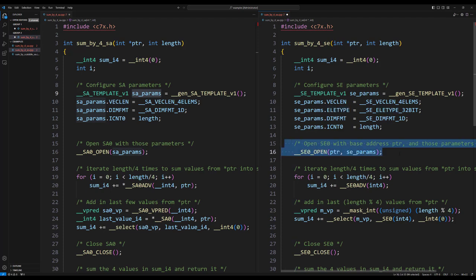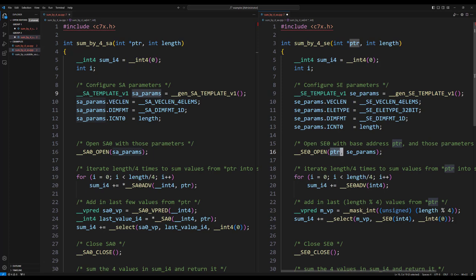opening it is similar to opening an SA, but there's one very important difference. An SE open, of course, refers to the parameters that you configured, in this case on lines 9 through 13, but it also refers to the base address that the SE is going to start with.